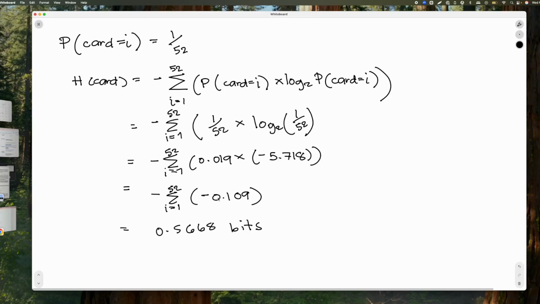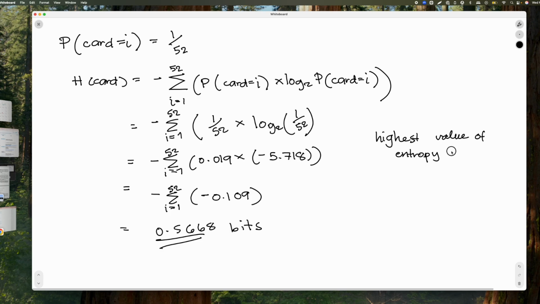This is simply because we have multiplied this number here with 52, because there would be 52 possible cards for that, and that's why we have 0.5668 bits. And the unit for Shannon's entropy is bits, and the highest value of entropy is 1. So you take note that the highest value of